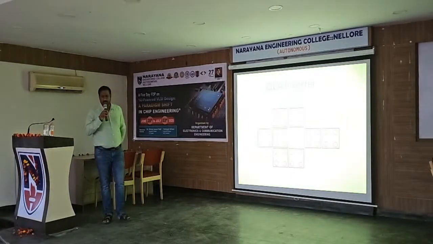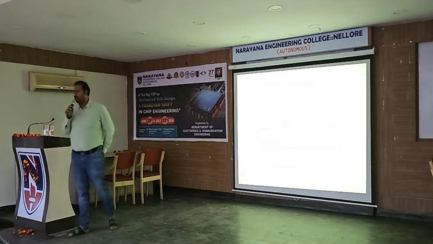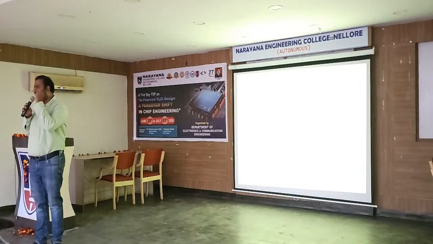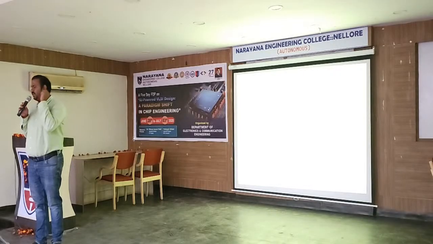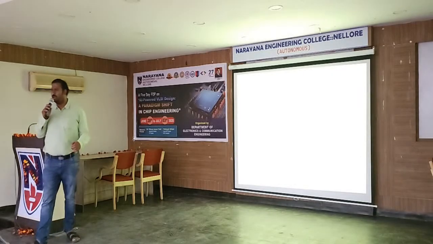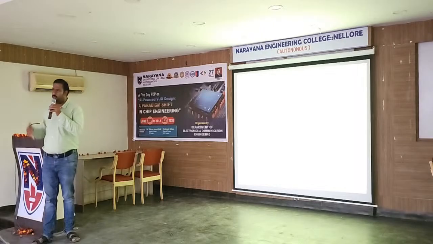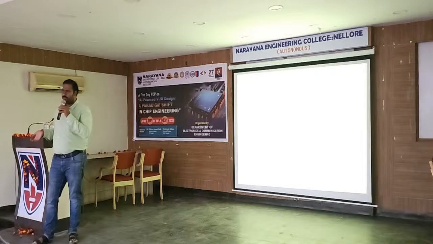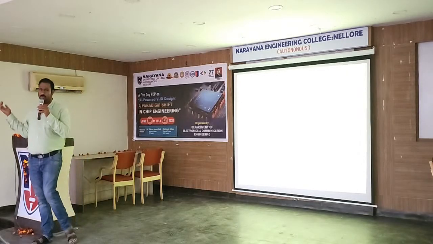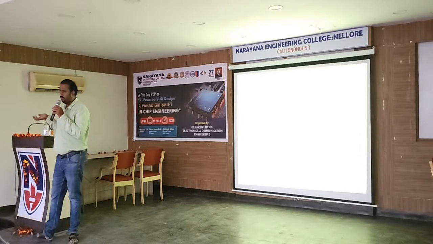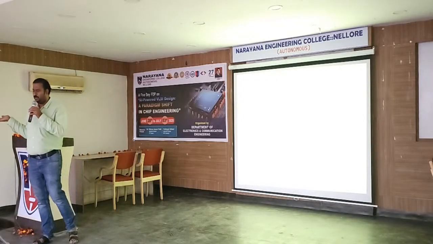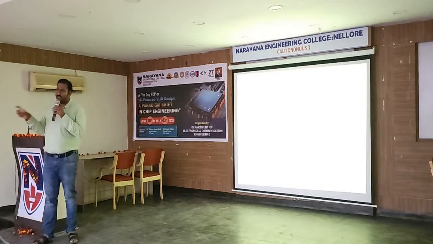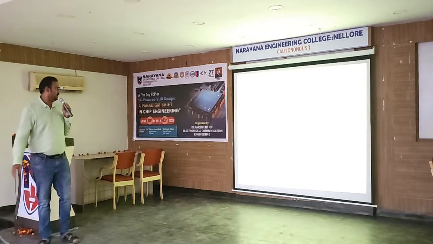Let me tell you why the wire is very important. Nowadays, wire is the biggest drawback for any IC. Wires are usually difficult to place. Previously, at 65 nanometer and above, we never considered wires that difficult. Below 65 nanometer, wires play a big role. If you don't reduce wire delay, the circuit doesn't work.